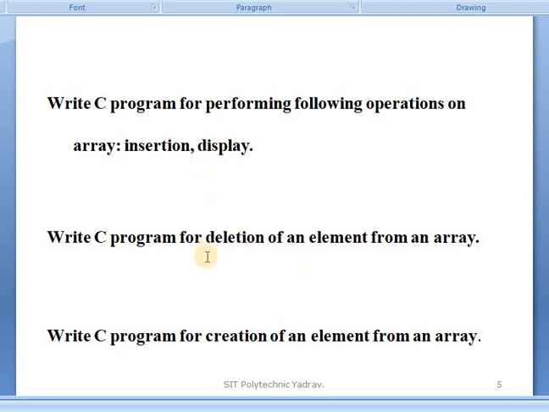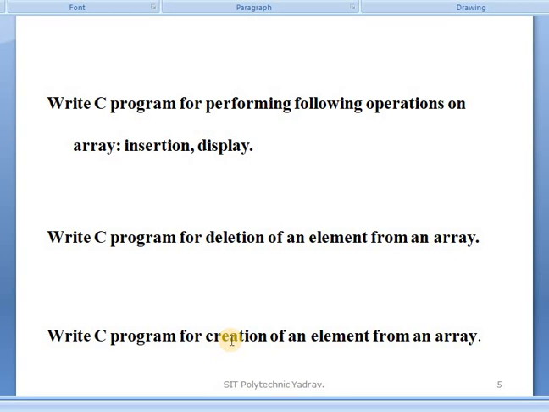Okay, these are the three programs we saw in Turbo C. Hope all are understanding. I will give the program through the video of today's lecture, and you check it, means you do this program.